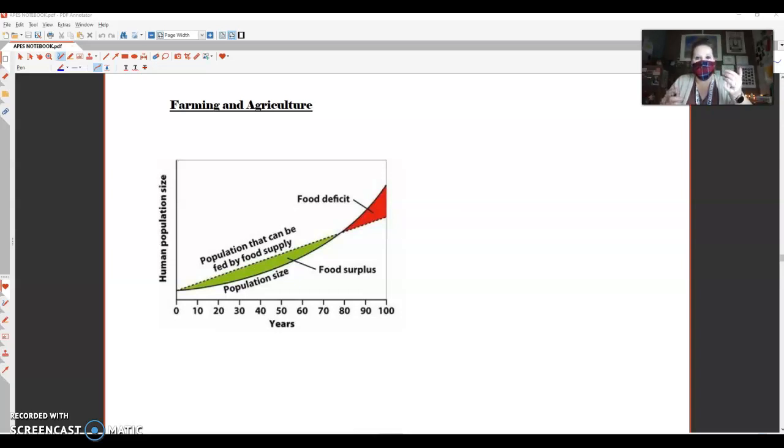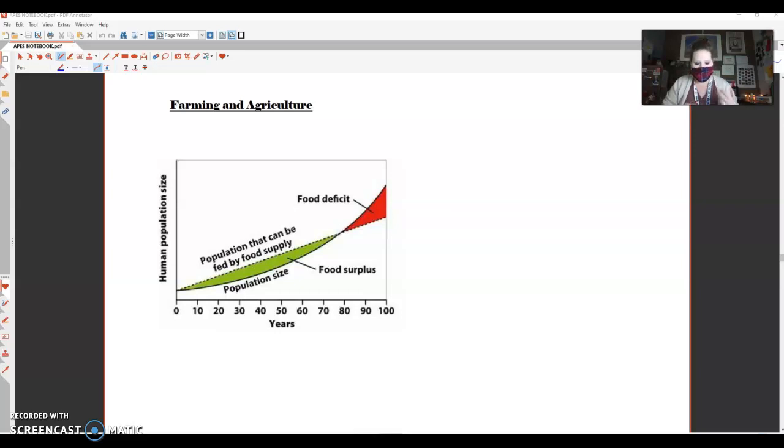We have to look at how we meet the needs of a growing population with expanded agricultural technology, improved irrigation methods, genetically modified foods, cattle, chickens, pigs, so the high density animal farming and aquaculture. We're going to take a look at all of these aspects that feed into agriculture as we know it